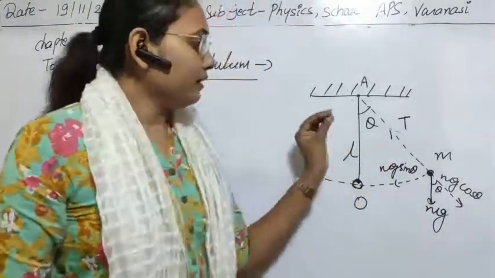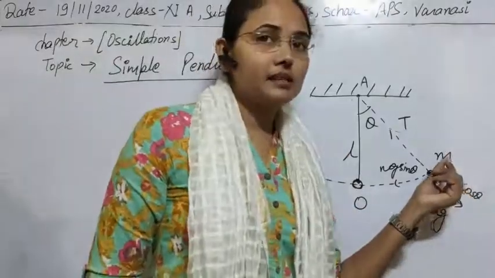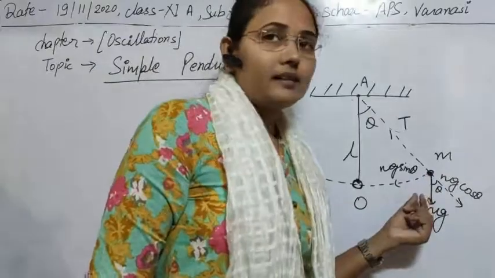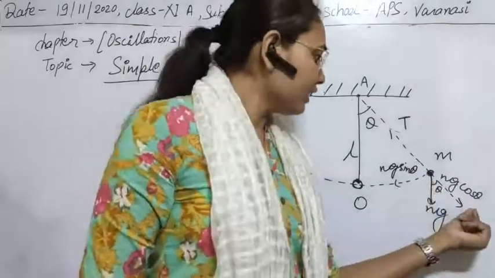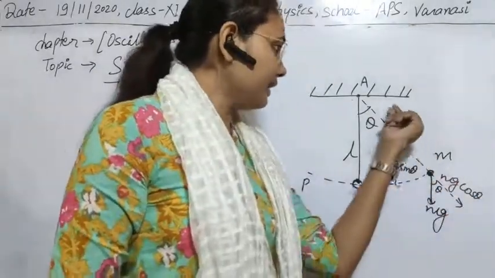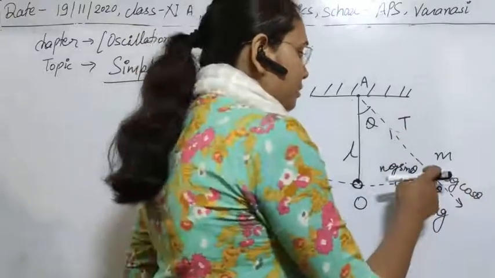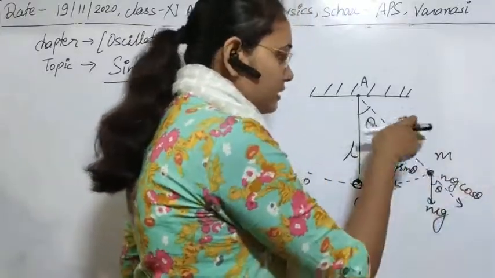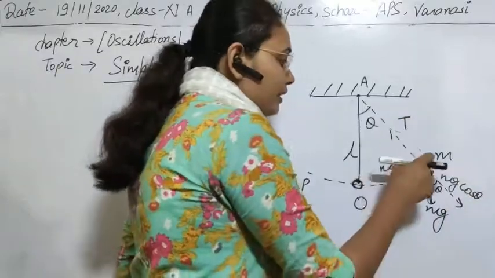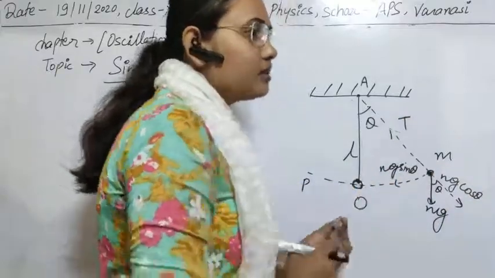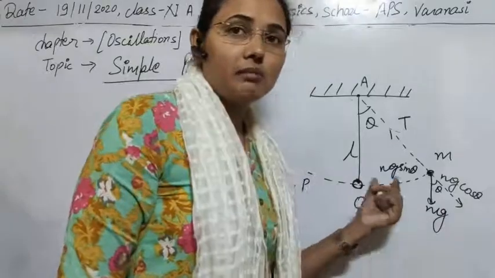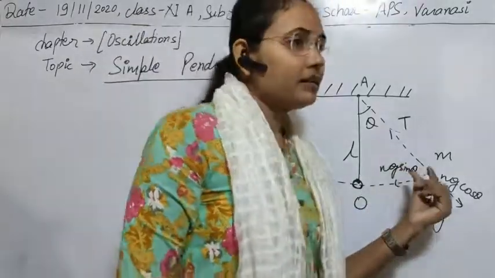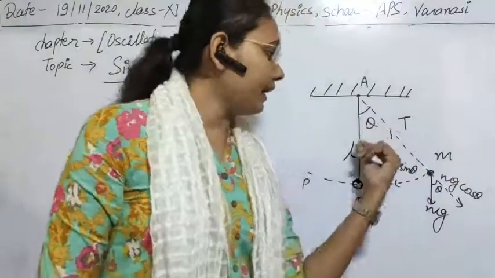When we displace it by some angle theta, one component, mg cos theta, will balance the tension, and mg sin theta will have a tendency to bring it to the equilibrium position, meaning it will act as the restoring force, and due to that restoring force and the angular